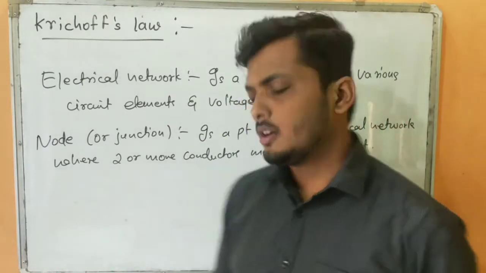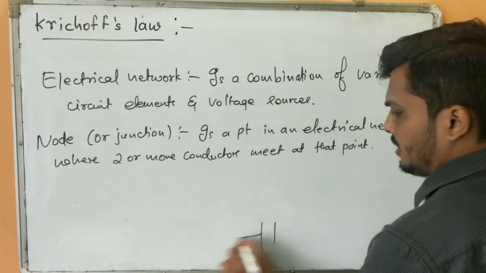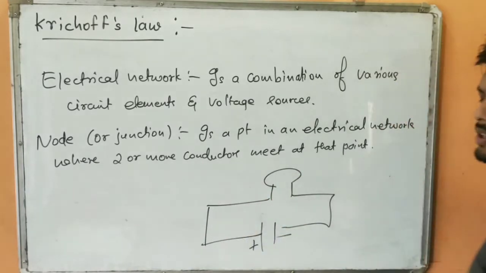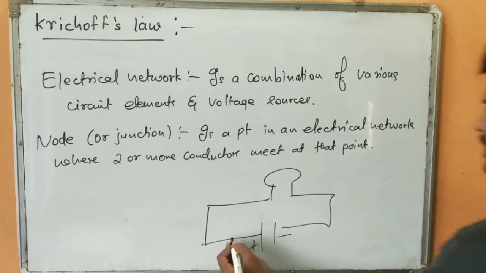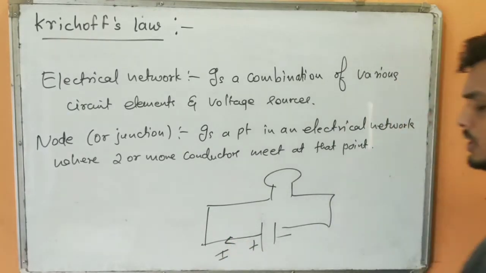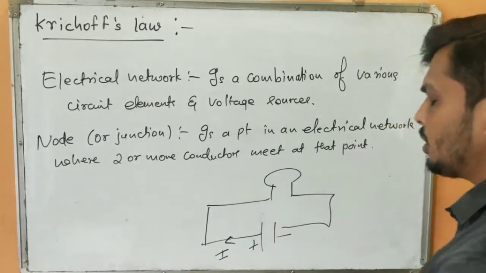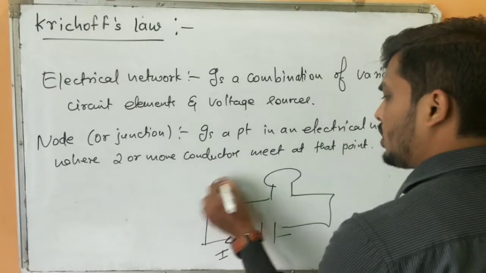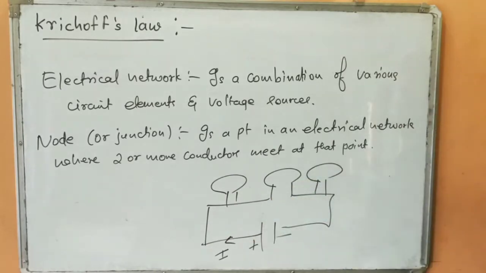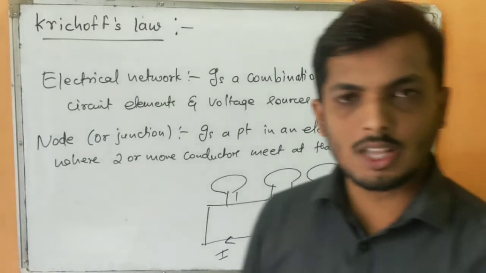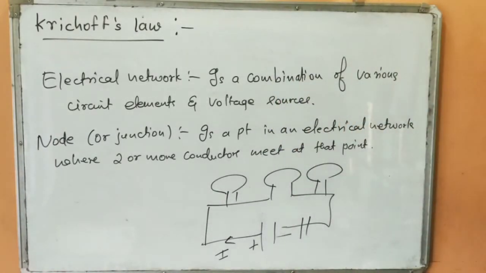So far we were having just one battery and then we used to connect it with a bulb and maybe sometimes a resistance, and we used to show that current flows from positive to negative direction and electrons flow opposite to the direction of the current. But now we are going to take two or more conductors, two or more bulbs, and possibly two or more voltage sources, and we are going to see what changes take place in the circuit elements. All these combinations will be governed by Kirchhoff's law.